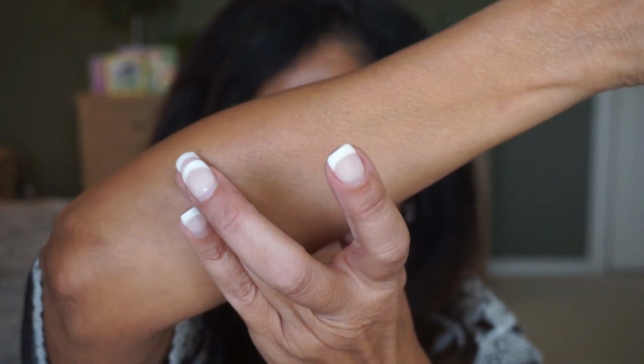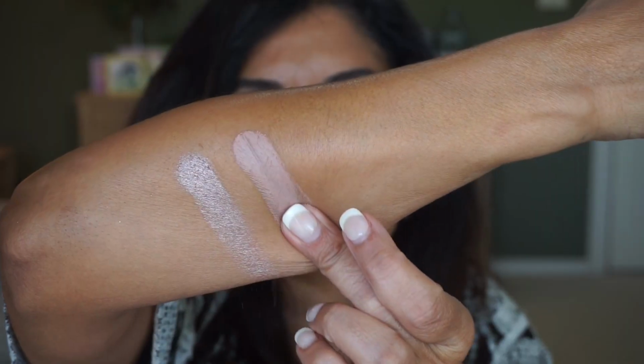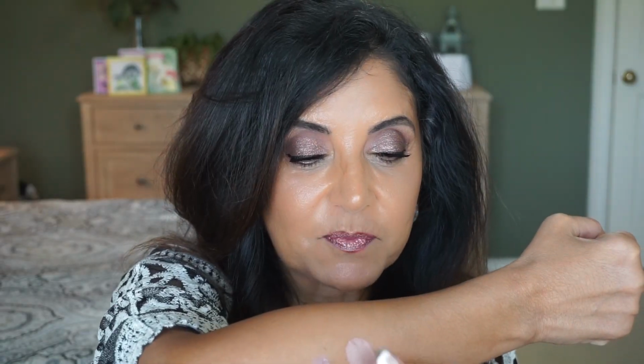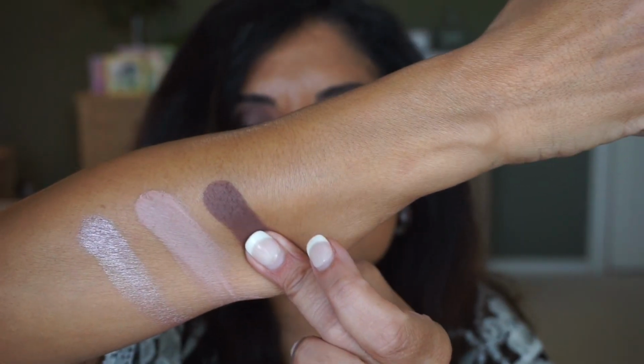Let's go ahead and swatch California Coast in light, and I hope I remember to show it to you before I rinse this one off. This one is Half Moon Bay, Laguna, and this is what I have in my crease, in my transition. And it's kind of like a soft beige, and it doesn't look ashy on my skin tone at all. Glass Beach,